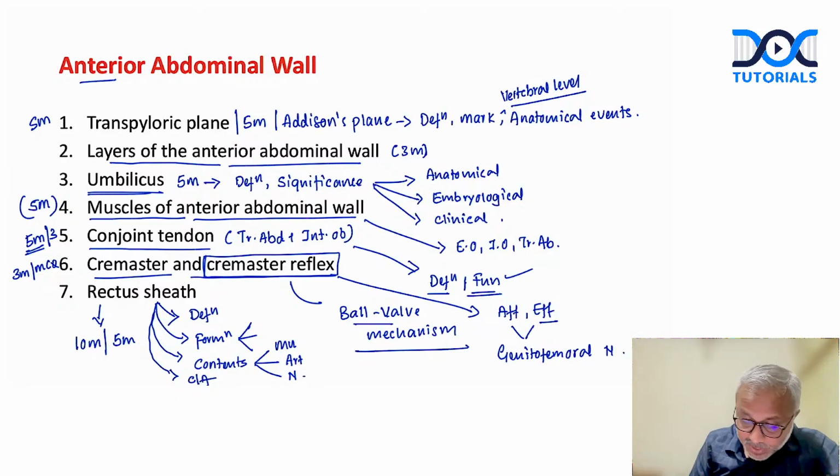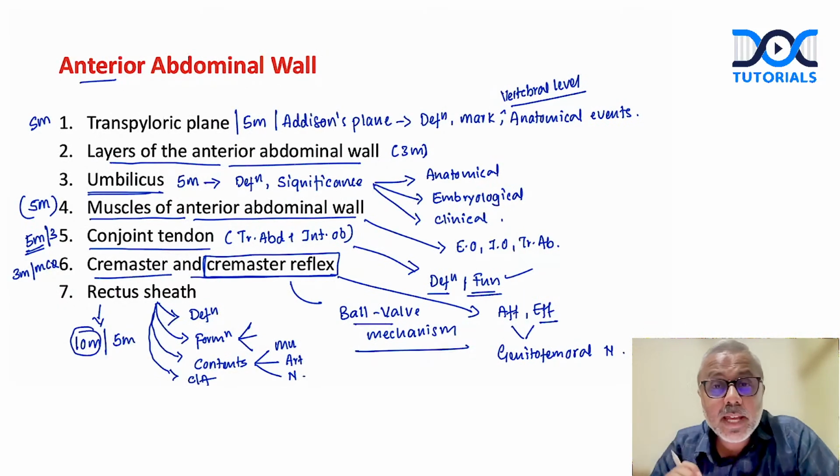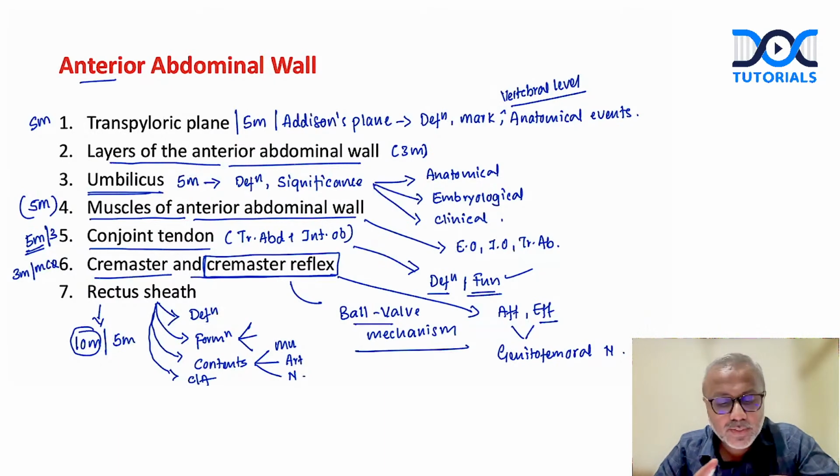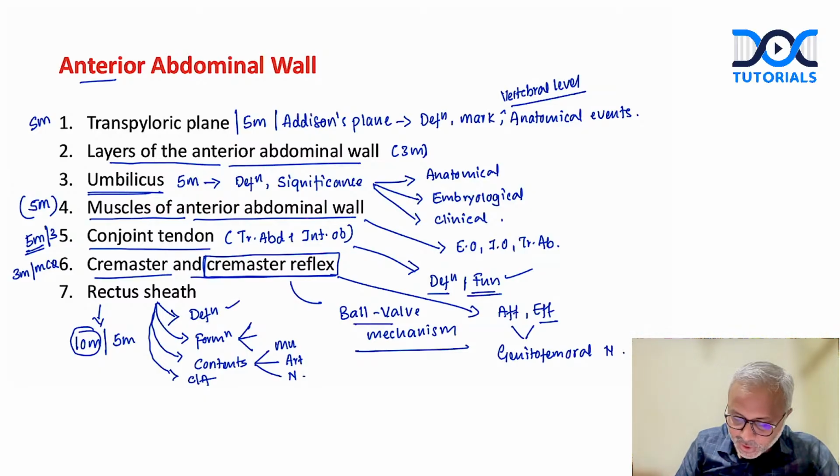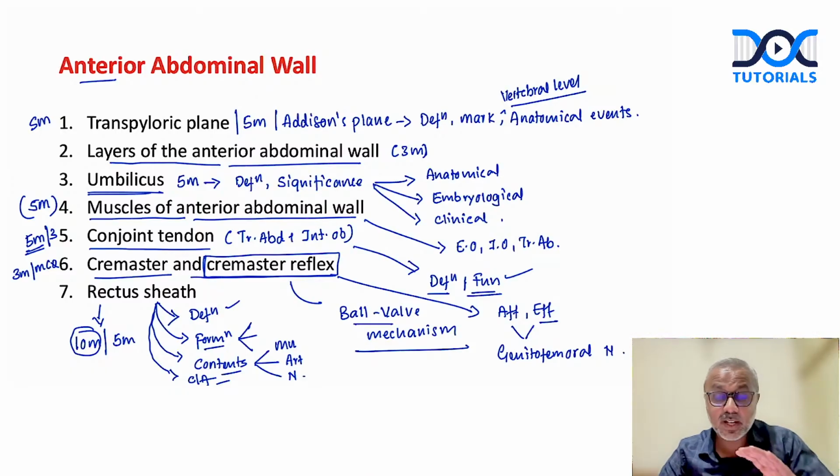Now, if it is asked as a 10 marker, then describe the details of the rectus abdominis muscle and the pyramidalis muscle in detail. Fine, if it is a 10 marker. Otherwise, these headings are sufficient. Done. So rectus sheath: definition, formation, contents, and then the clinical anatomy. This is how you should approach the answer to rectus sheath.